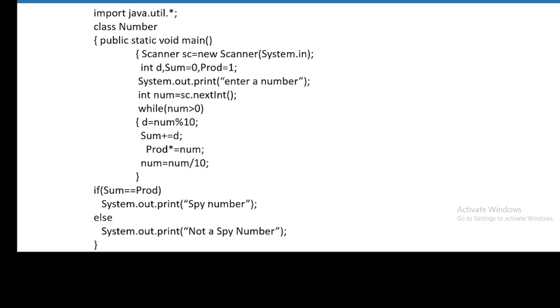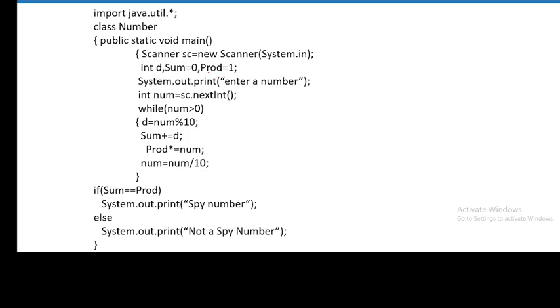देन स्पाई नंबर किसको बोलते हैं आप? When you get the sum of digits equal to product of digits. Now again, if you see that this program is based on digits. Now you are very much familiar with this loop, that here also D you have extracted, then whatever D we get one by one, that will be added up to the sum. This way we can get the sum of the digits.